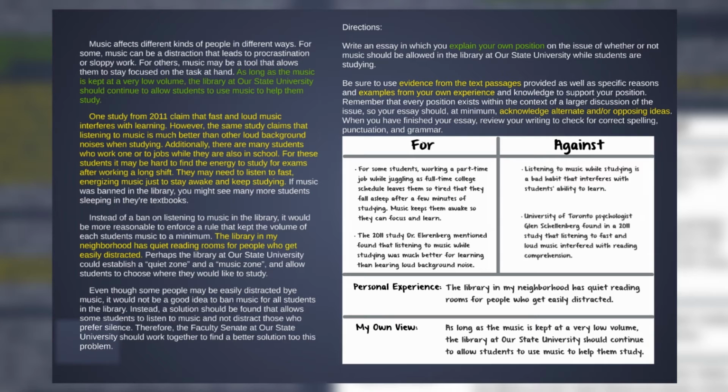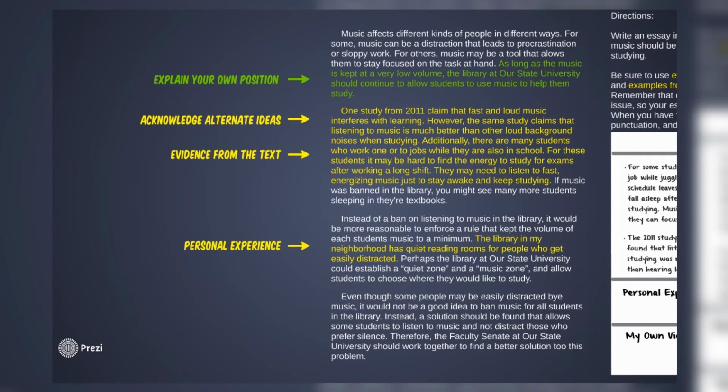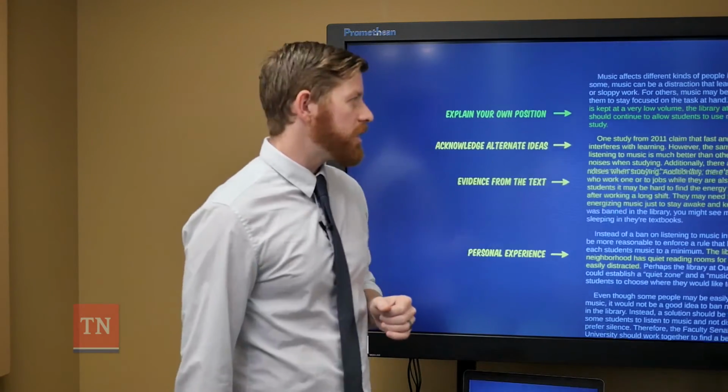Great. So now we have an essay here where we have done everything in the directions. We've explained our own position. We've acknowledged the alternate idea and used evidence from the text and used personal experiences to really strengthen and have a solid argument here. So the last thing that we need to do, we got about 5 minutes to really